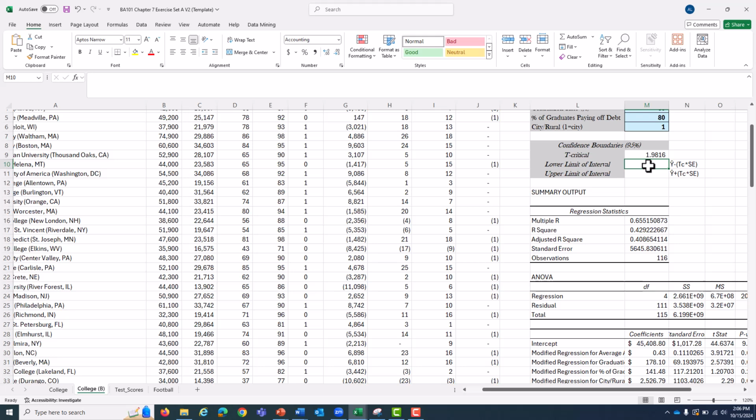The lower limit of our interval is going to be equal to our Y hat, our predicted earnings for Euphoria State, minus, in parentheses, that T critical times our standard error. And that comes out to $43,392.99. For the upper limit of our interval, I'm going to take that same Y hat, our predicted earnings for a Euphoria State graduate, plus, in parentheses, our T critical, which we determined to be 1.9816, times that same standard error of $1,017.28. Close that parenthesis, hit enter, and I come up with an answer of